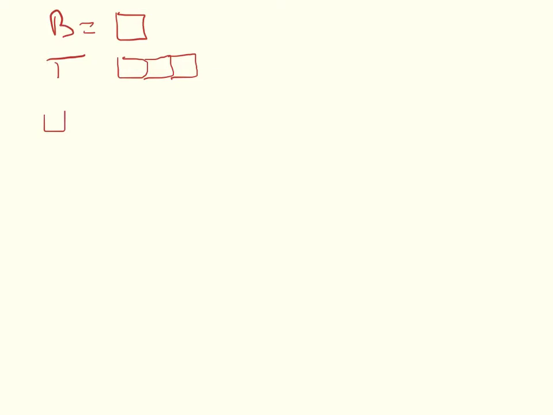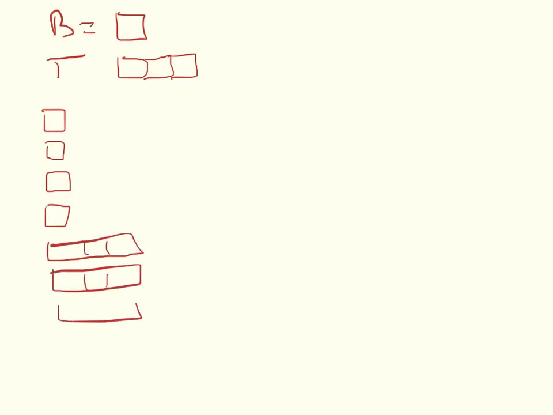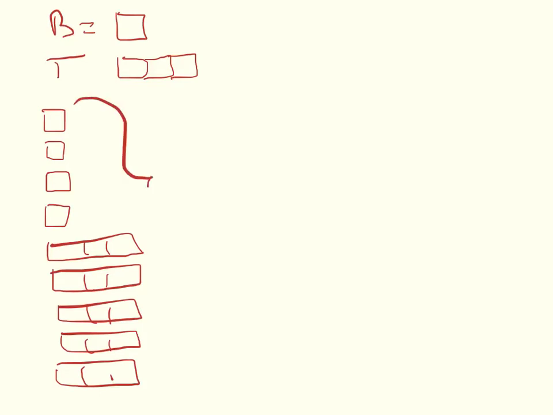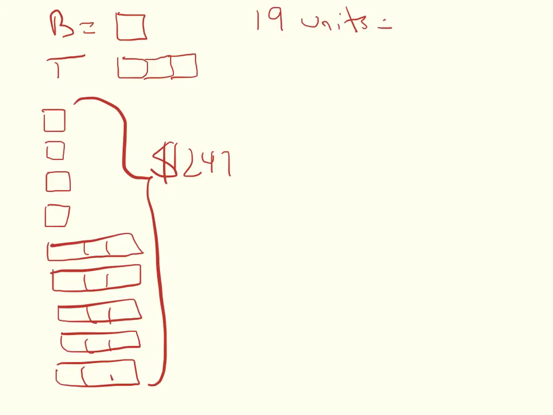So what did they buy? They bought 4 belts, and then they bought 5 ties, and I see that's a total of $247. This is 19 total units because there are 19 little rectangles, so 19 units is equal to 247, so